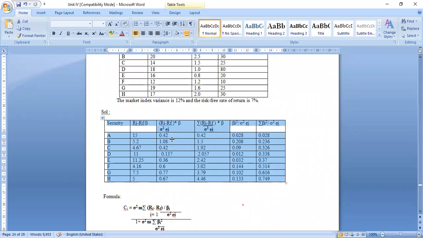Again, we need not do the calculation. The values which are seen here, whether it is 0.42 or 0.08, these are the values that we are going to use to calculate the values of Ci, then find out the cutoff point. If anybody has any doubt, I'll address it. Else, we will end the session for today. In tomorrow's session, we will complete the rest of the calculation for Sharpe's optimal portfolio.